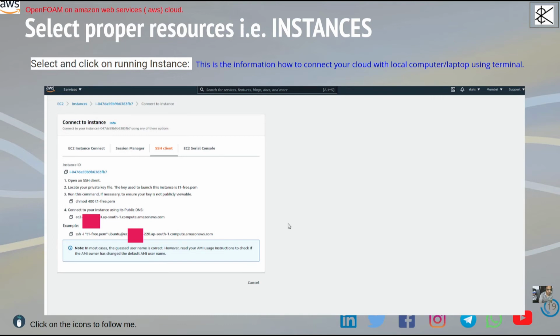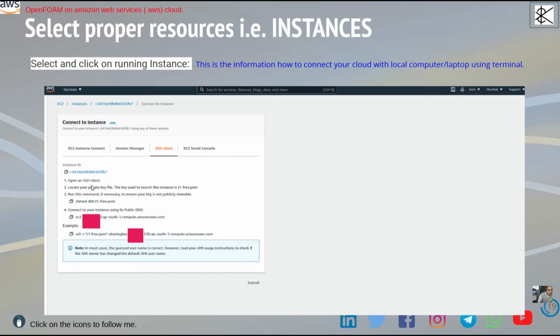Then you have to have your SSH client, whichever you are comfortable with. First, I'm explaining how you are going to connect your AWS account from your local machine through SSH. As mentioned, there are a few points here.